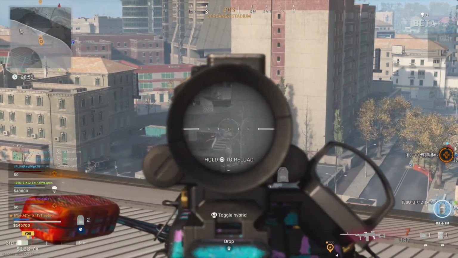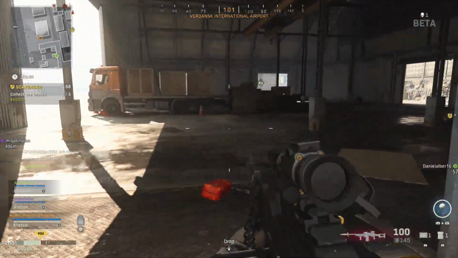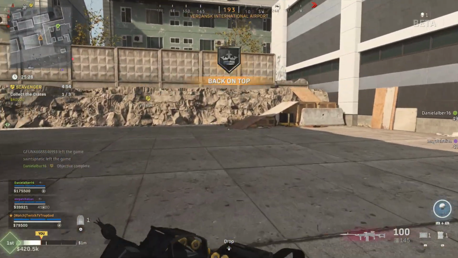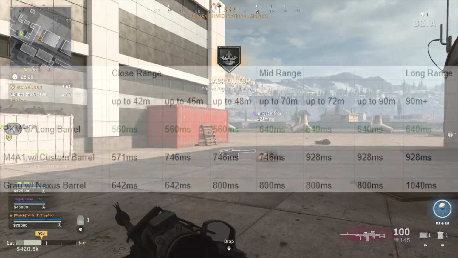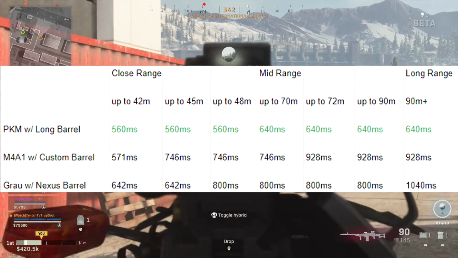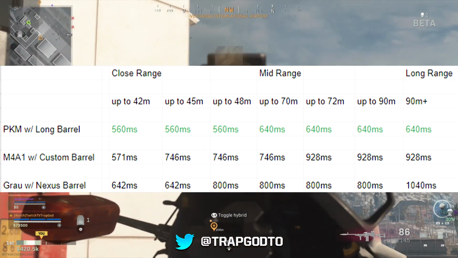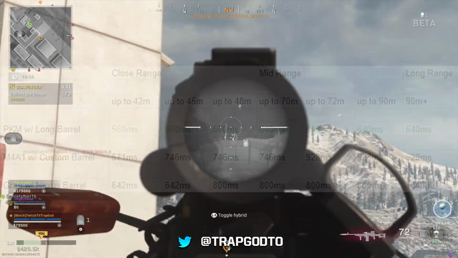So what we're going to be doing right now is taking a look at the time to kill in comparison to that of the M4 and the GFUEL, which are obviously the two most popular weapons. You guys can see the little graph on screen. The PKM up to the base range of the GFUEL and the M4 is going to kill faster than both weapons. You guys can see at every single range in the game, specifically at long range,